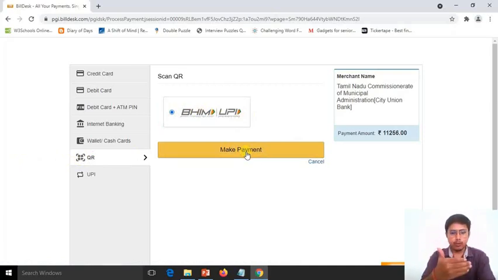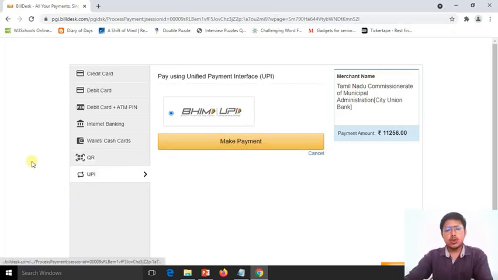You have to go to Paytm, PhonePe or Google Pay. There is an option to scan QR code. You can click on that. The QR code will come up on your screen when you click on make payment. Then take your mobile phone in front of that QR code. It will read it, and then automatically in your mobile phone it will take you to the payment page. That is another process.